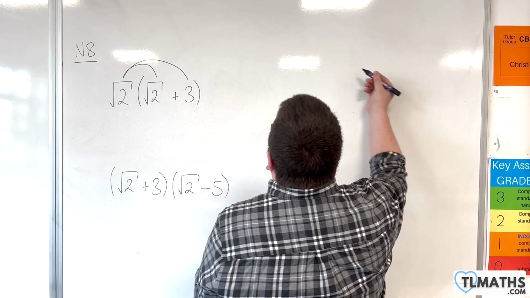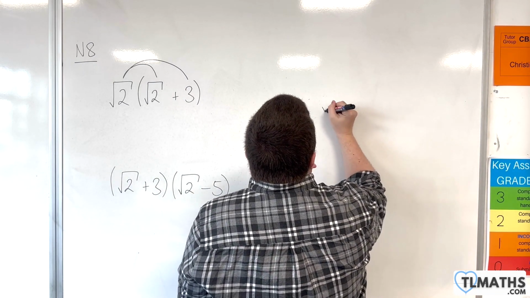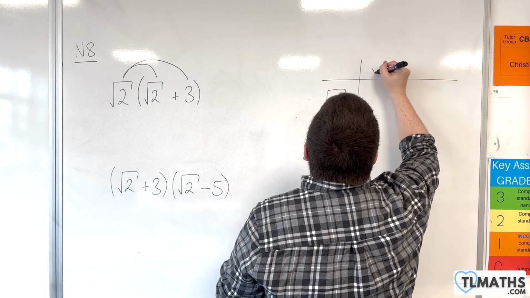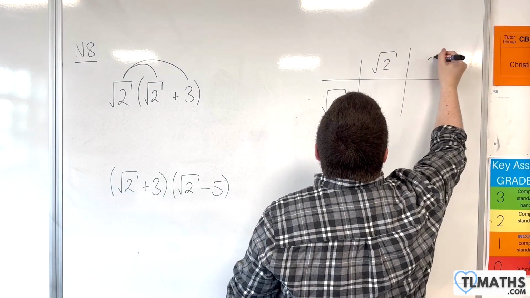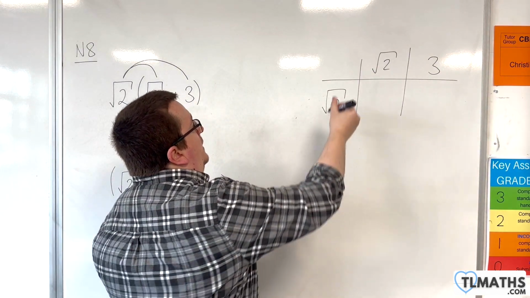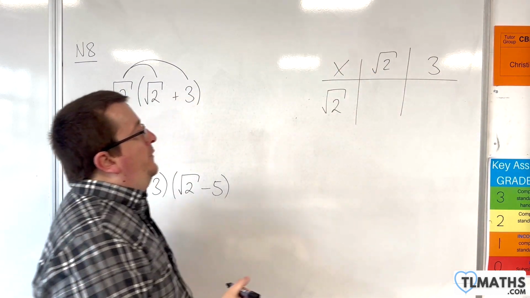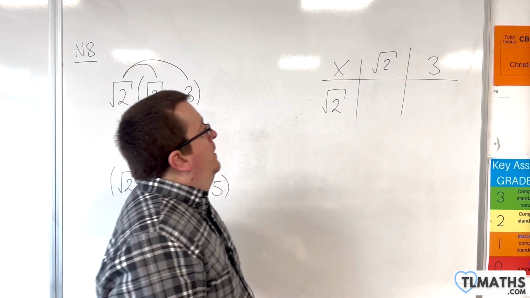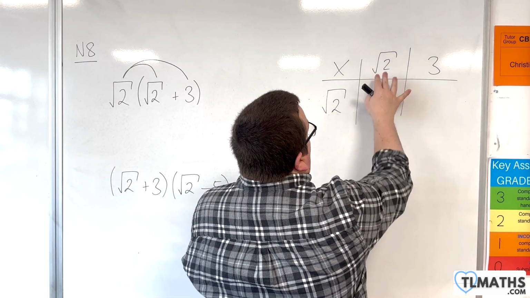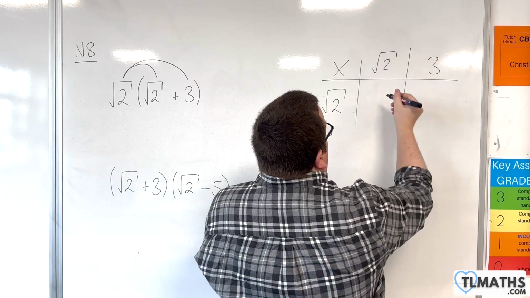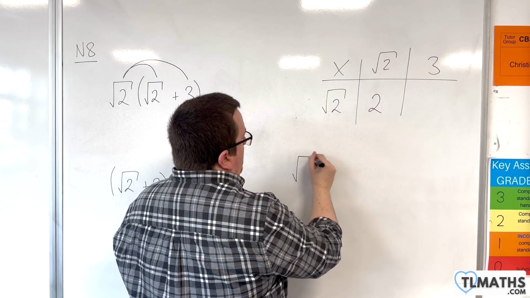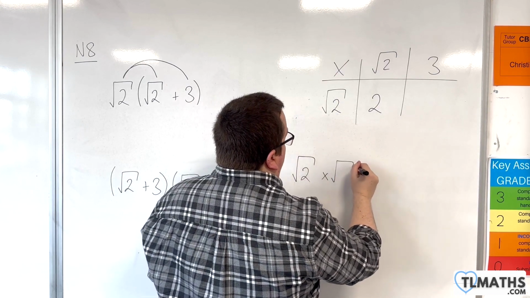You could also do it in a grid, so we could have root 2 and then root 2 and then the plus 3, and do it in a times table grid like this, whichever way will best help you. So if we've got root 2 times root 2, then that's just going to be 2. So this is the first thing that we need to get to grips with,